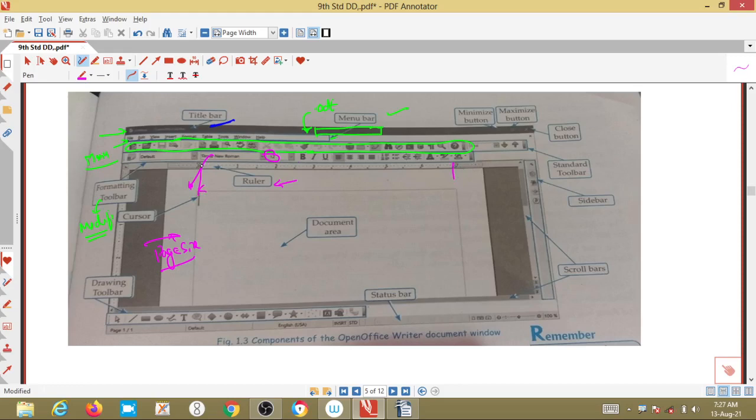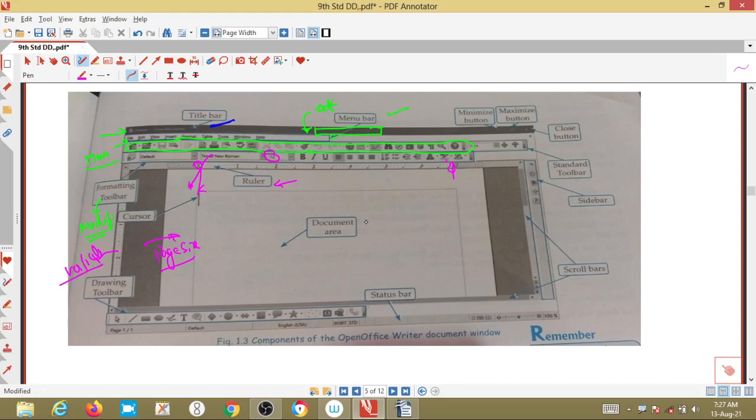We can extend the margin using these symbols placed here. There are two types of rulers: one is the horizontal ruler, and here you can observe the vertical ruler. Clear now?